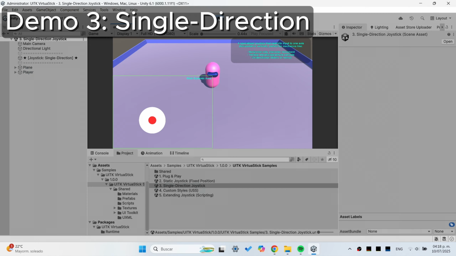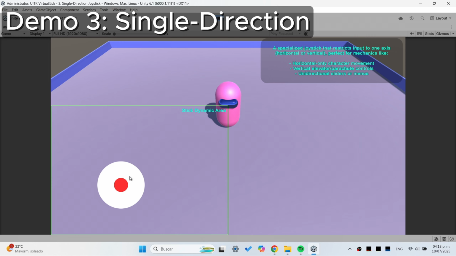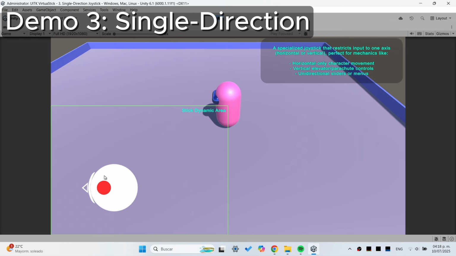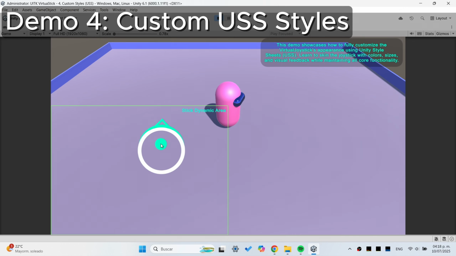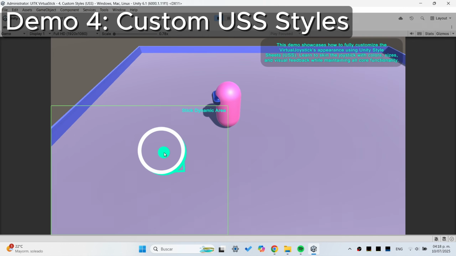This example locks input to either horizontal or vertical movement, ideal for character controllers or menu navigation that requires constrained axis control. Customize the visual appearance using USS, modify the knob and background colors, add border radius, apply smooth